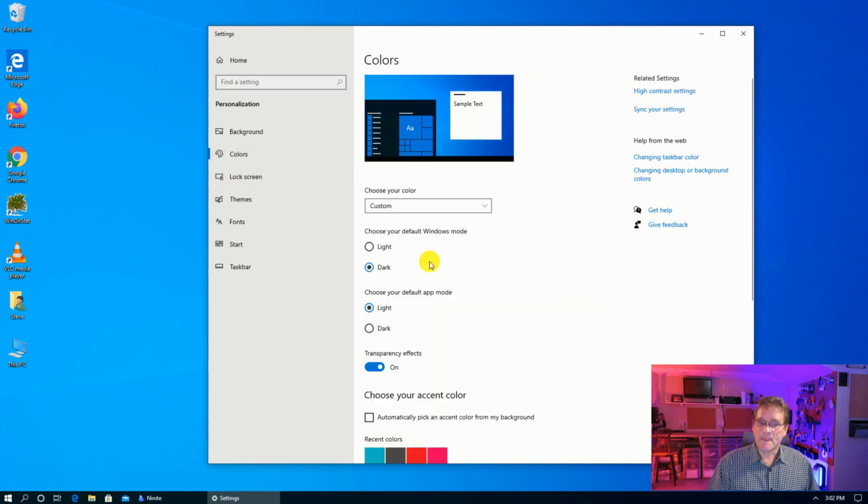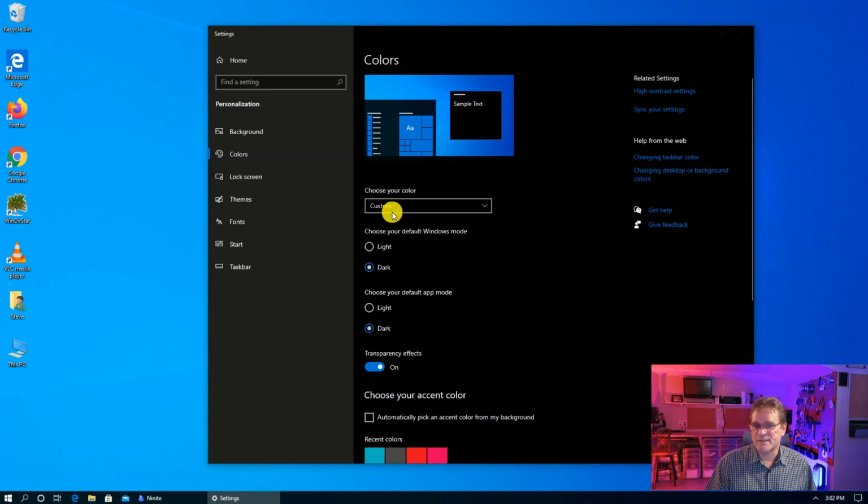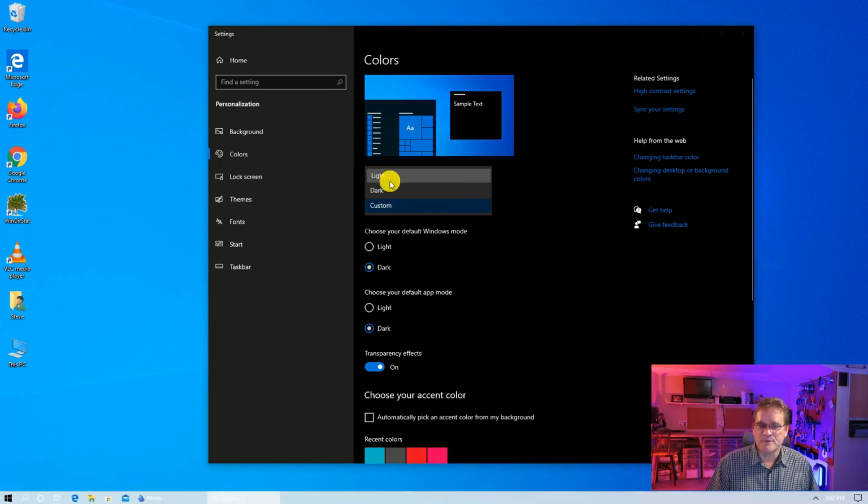My colors, you can choose a dark theme. A lot of people these days seem to like the dark theme. Personally, I'm not a particular fan of it, but it is preference. It's totally up to you what you want to do. I usually choose the light theme,